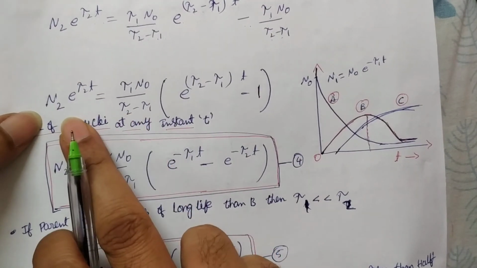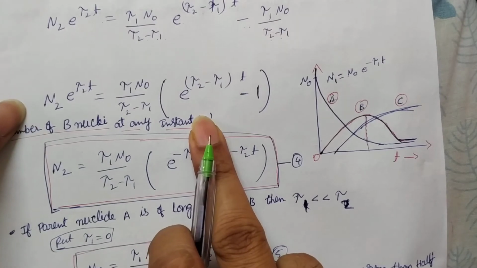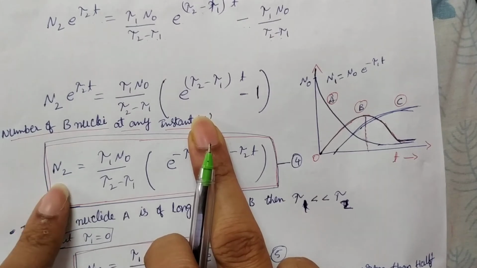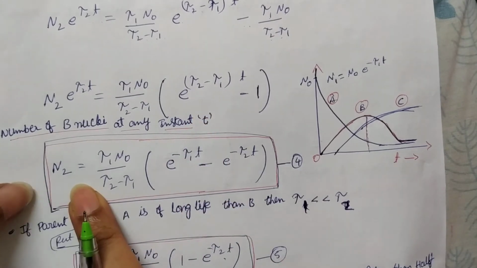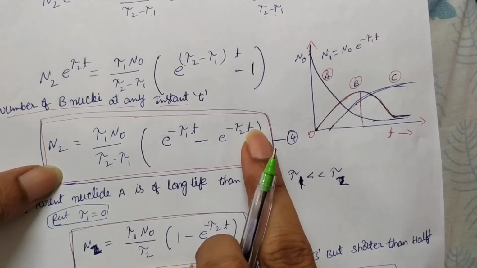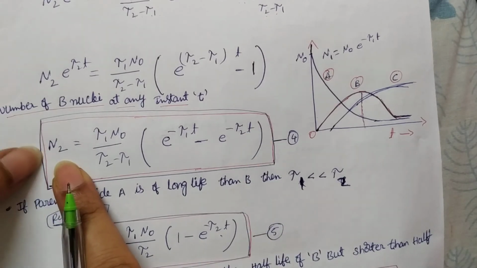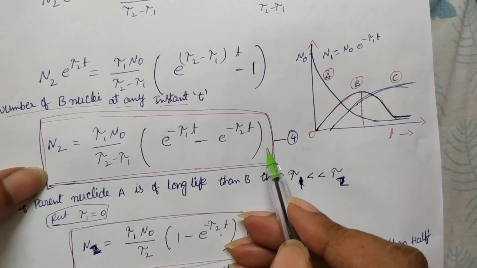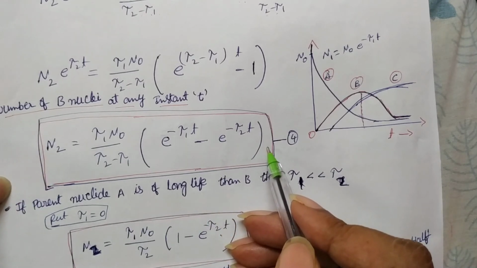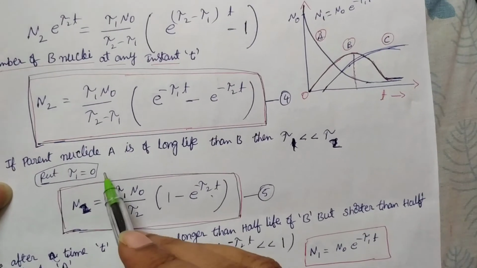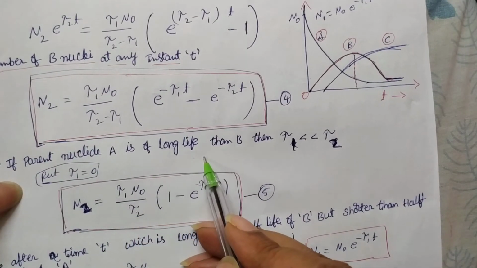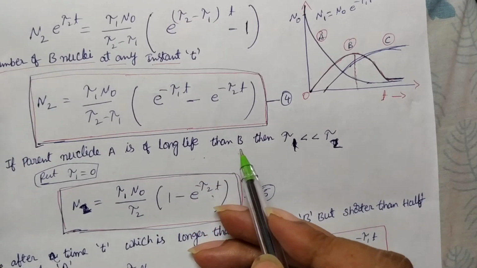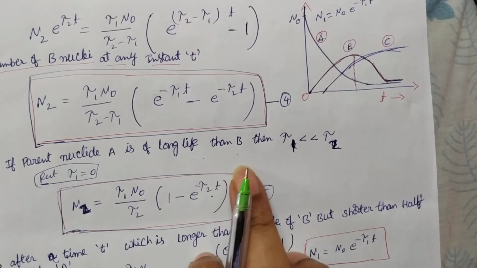So to calculate the n2 value, we did this whole derivation for how many nuclei are accumulated in B material. What is n2? The number of nuclei present at any time t as B material, B nuclei. So this many nuclei are present at any instant. In some cases, suppose the nuclei of A have a longer life than B, so A has a longer life than B, meaning the half-life of A is much more when compared to B.